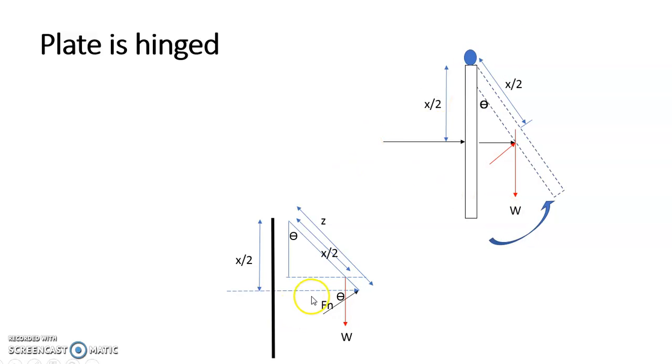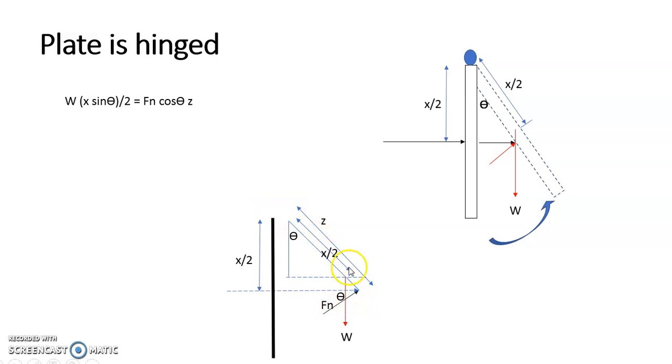There are only two forces. One is Fn and the other one is W. W will create a clockwise moment, and Fn will create an anti-clockwise moment. Now, if I take the moments from the hinge, it is W into x by 2 sine theta. This is W, and we are supposed to calculate the perpendicular distance. This perpendicular distance is calculated from this right angle triangle where one diagonal side is x by 2 and the angle is theta. So hence this becomes x by 2 sine theta. So it is W into x by 2 sine theta, which is equal to